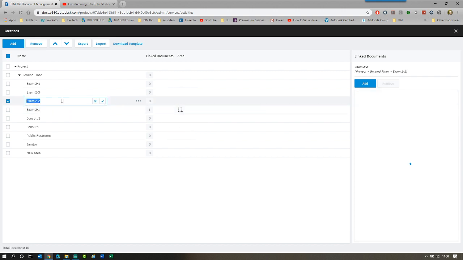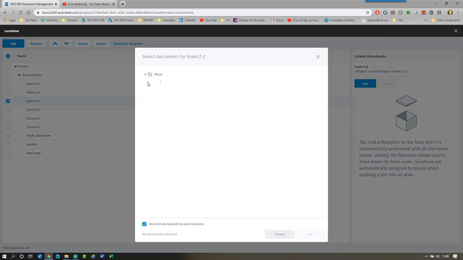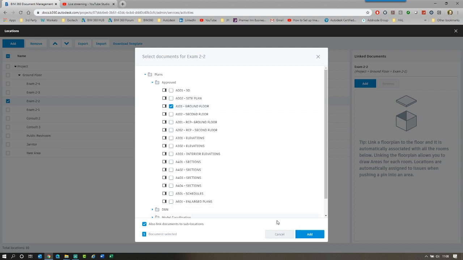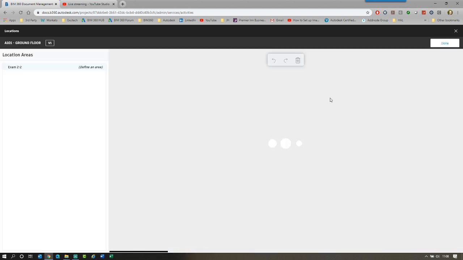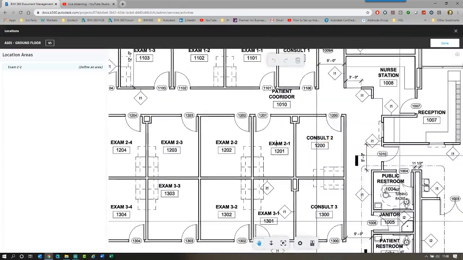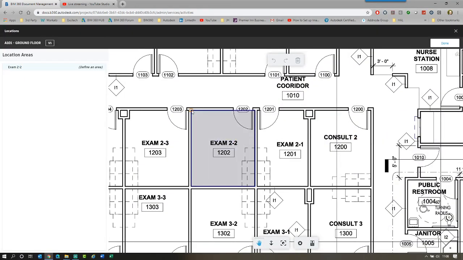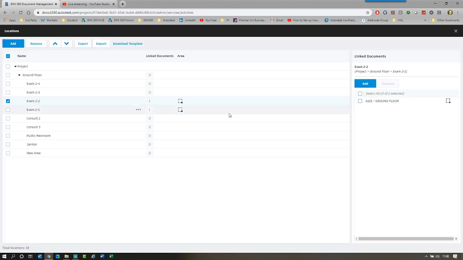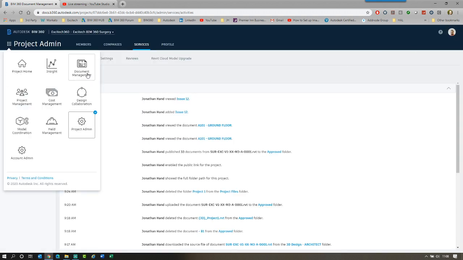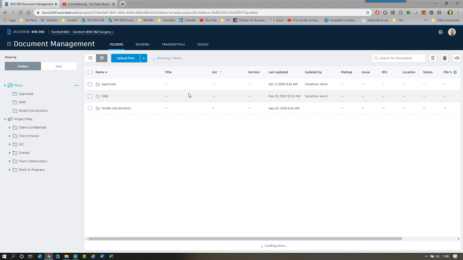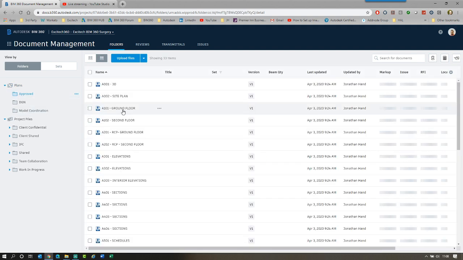So if I click into exam room 2, add a document, ground floor, click add, select our drawing, and we're going for exam room 2-2, and we do the same approach where we drag an area that's now defined as our exam room 2-2. So as the project admin, they can go through, define all the areas, link them to the documents. And if we close that down, what that will now mean is that if we go to document management and we look at that actual document and we start to snag it, so if we look at the ground floor drawing and we start to raise issues